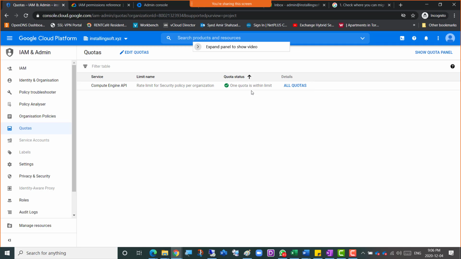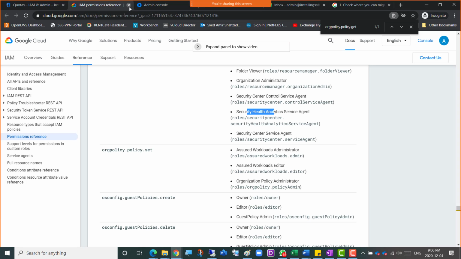So edit quotas. One quota is within limit. It says rate limit for security policy per organization. So how many quotas can you give? What are the maximum and minimum limits you can give? There's a show quota panel here as well, and there's an edit quota as well, but there's only one quota written for Compute Engine API. So how much you can do transactions with Compute Engine, or how many configurations and connections you can make with a virtual machine or a Compute Engine. Okay, that we said, but I'm just going to